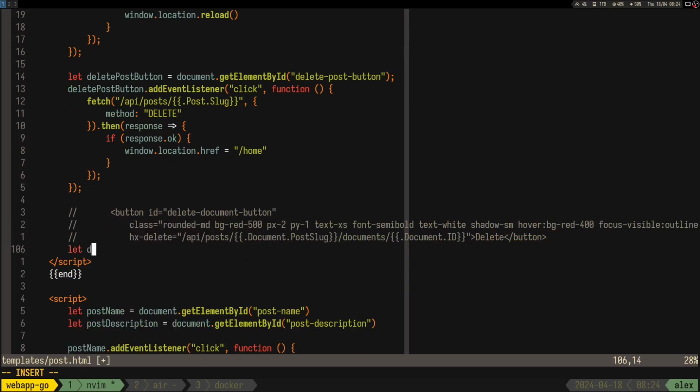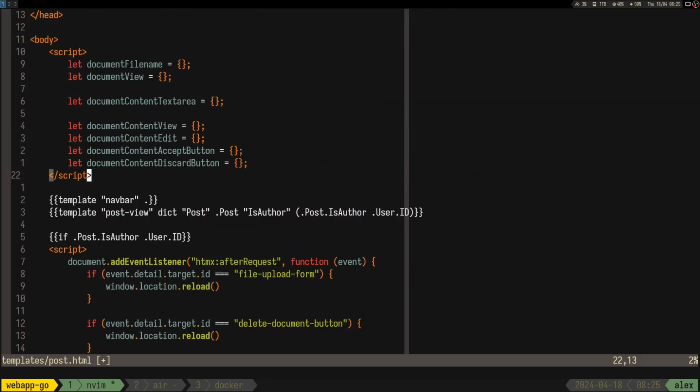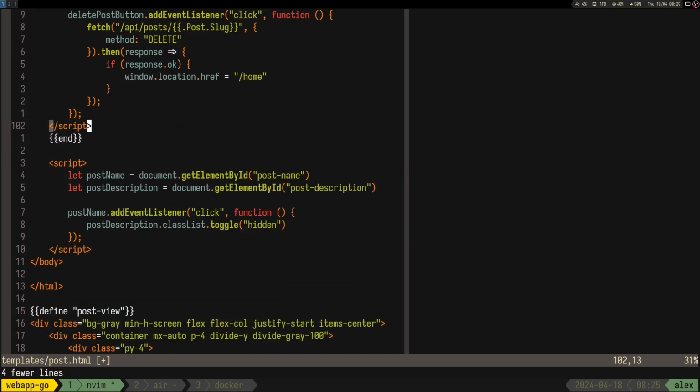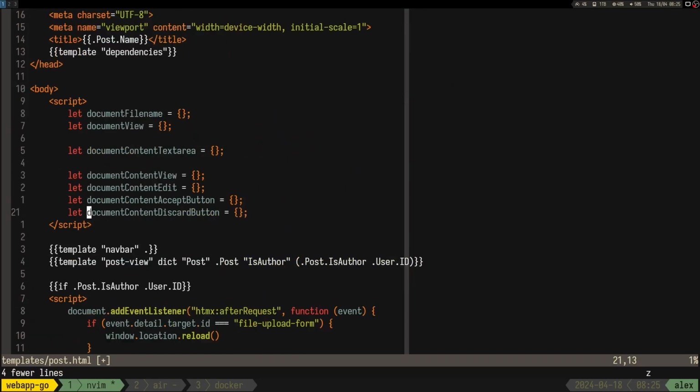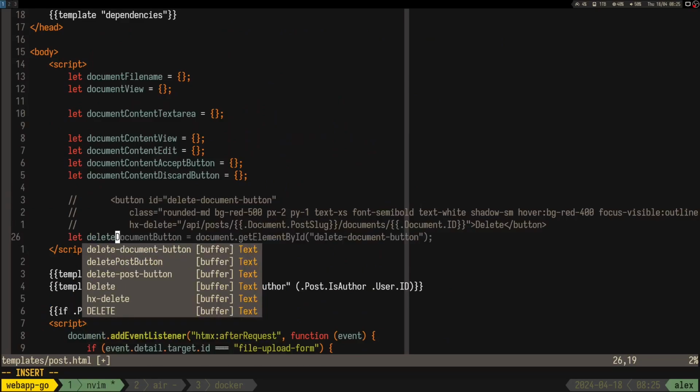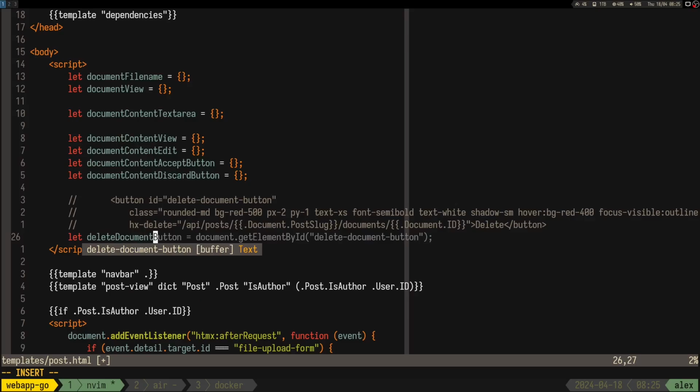Right, so let's delete this one is gonna go up there because it's let delete documents,